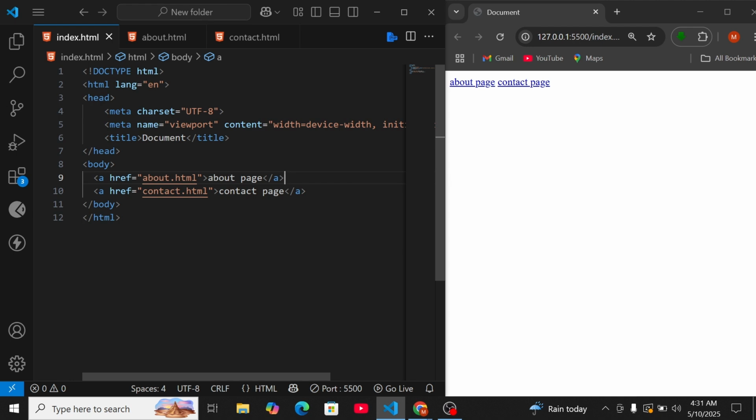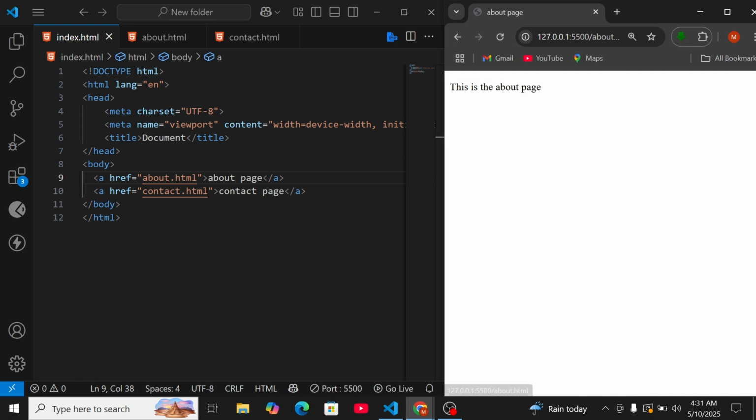So let us click to view if it is working. Yeah, you're seeing that it is directing us to the about page. Let us go back to the home page. So let's try this contact page. Yeah, you see that it is working. So let us dive into the second example where we will be using